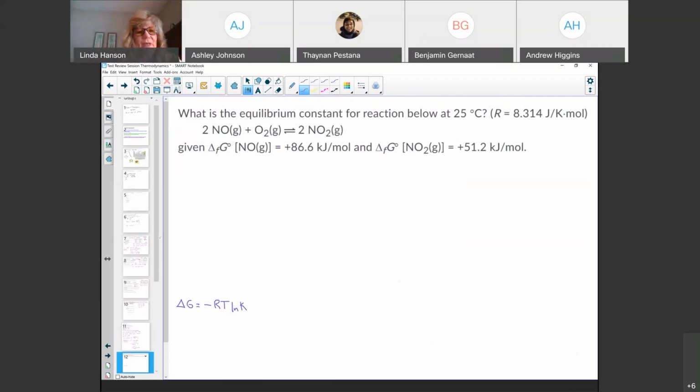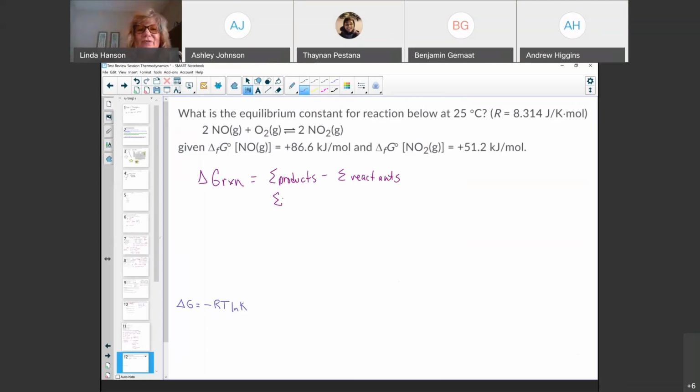Well, to find the delta G of your reaction, remember that it's going to be the sum of the products minus reactants. And I know I emphasized this last chapter as well. It's really trying hard to make a sigma, and they just come out as squiggly E's. I apologize.